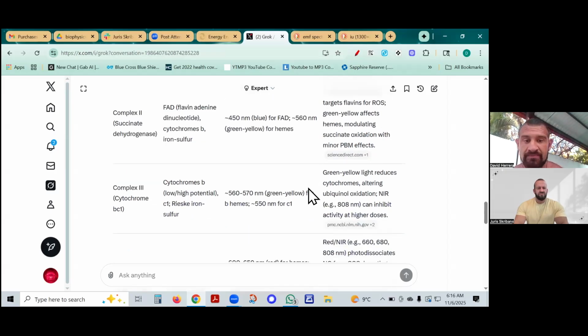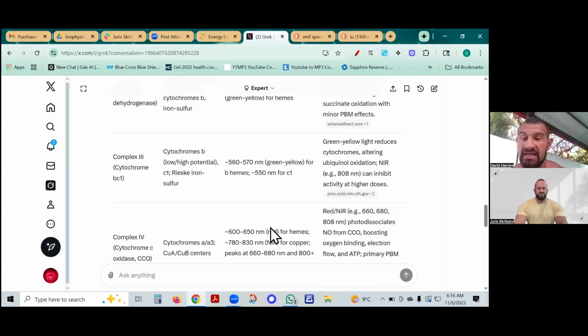Then we go to cytochrome 3. That's going from green, yellow up into the higher, close to 600. So we're starting to turn orange and red. That's cytochrome 3. Again, that has to do with altering hemes, but also ubiquination, right? Ubiquination meaning the marking of things, like what is good and what is bad, what needs to be recycled. So these nanometers of yellow into orange start to amplify or optimize those processes that are going on biologically.